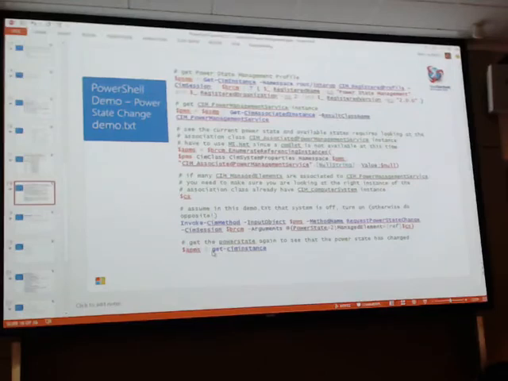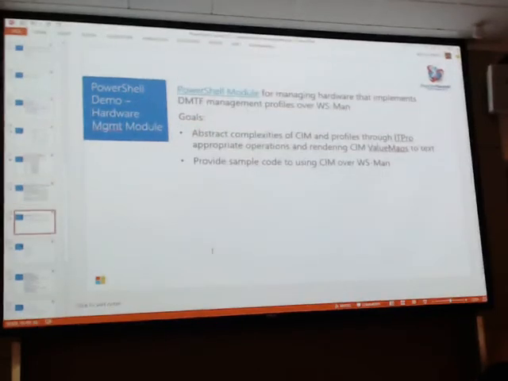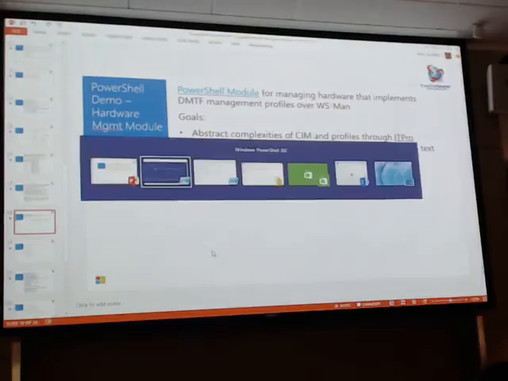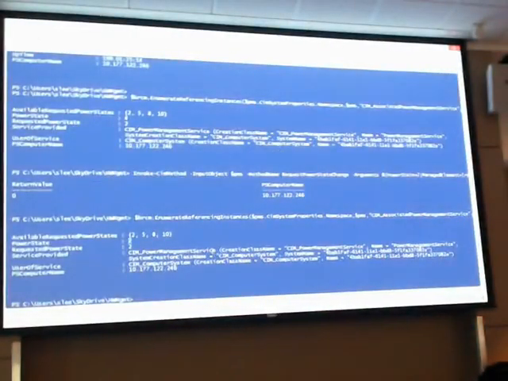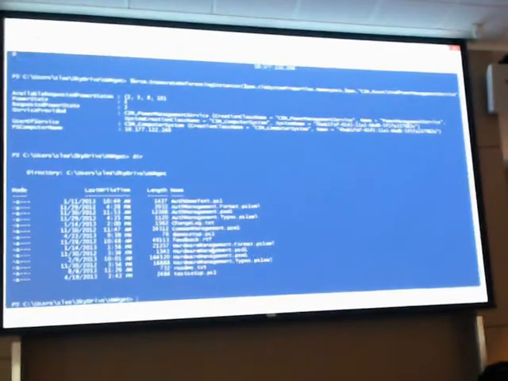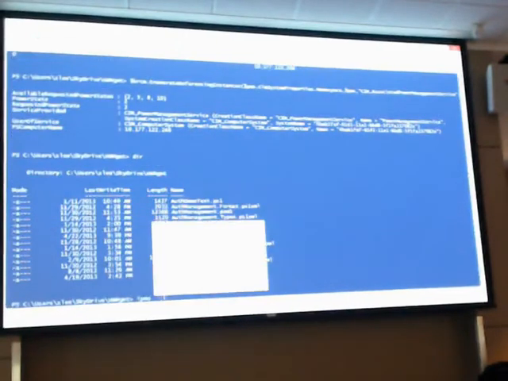So what I'm going to show next is this thing that I produced. It's not complete. It's a work in progress. It's already published on TechNet, which is a module to simplify a lot of this, and hopefully over time some of that capability will be in Windows itself. So let me do that. I already have it here, so I'm going to import this module.